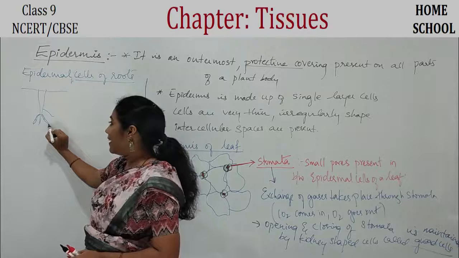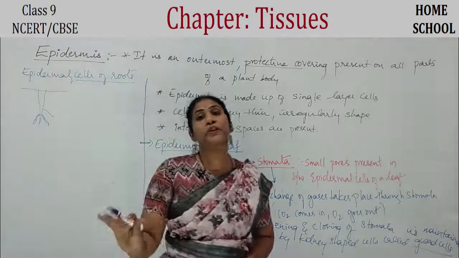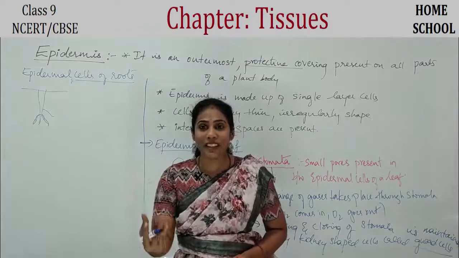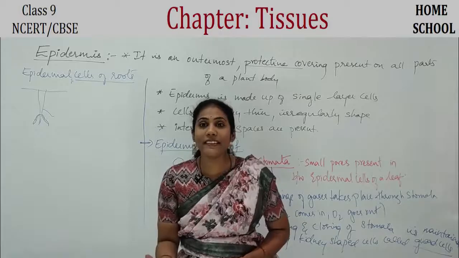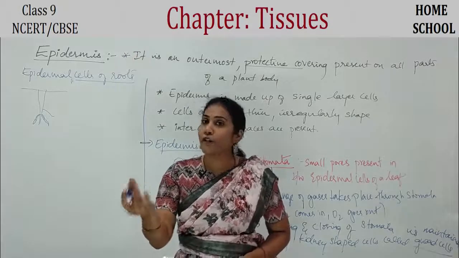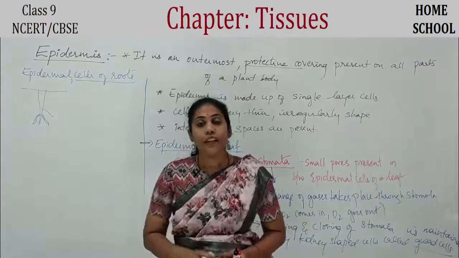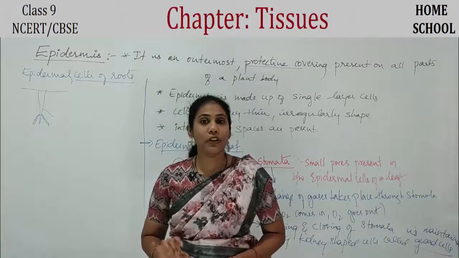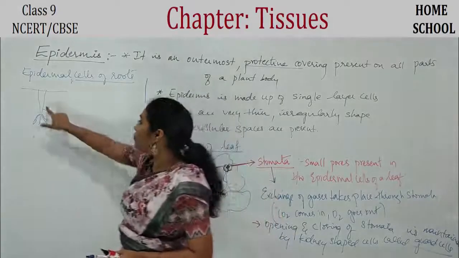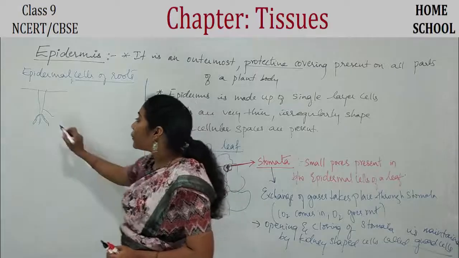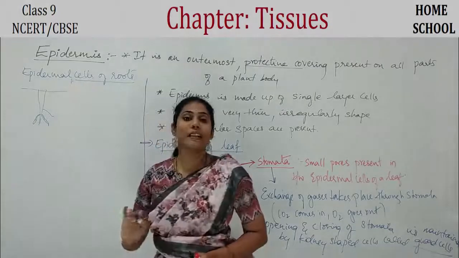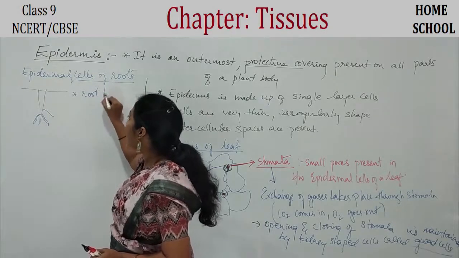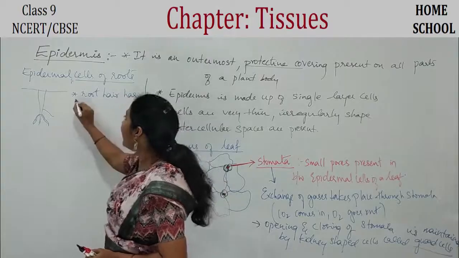And this root hair helps in the absorption of water from the soil. Okay, from a root the water gets absorbed, and the water is passed to the leaf. For the photosynthesis, even water is necessary. So how will the water enter into a plant body? From the soil. Okay, that is through roots. Actually, roots will have a root hair. The root hair is made up of epidermal cells. Okay, so what I can write here is root hair has epidermal cells.